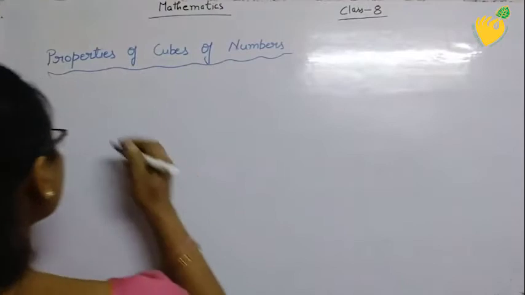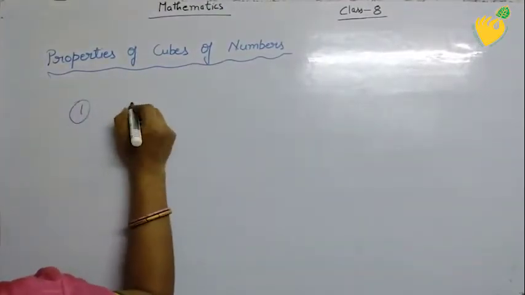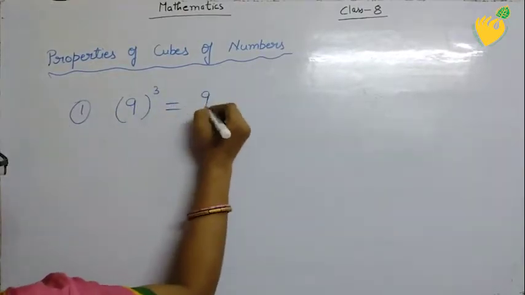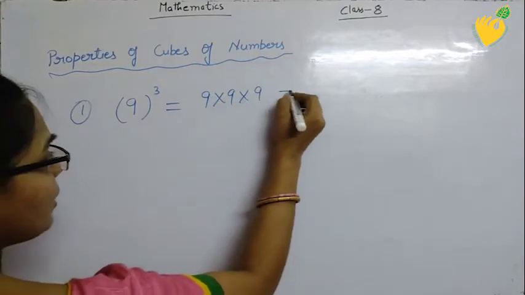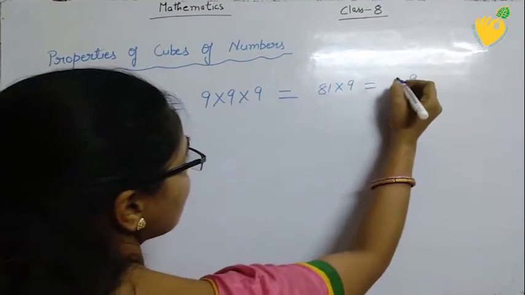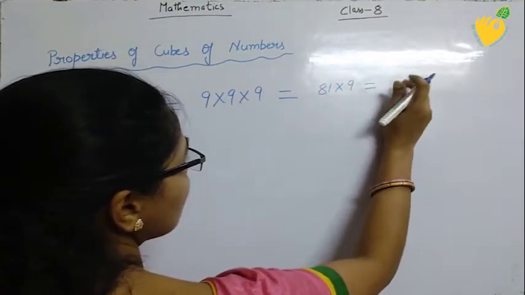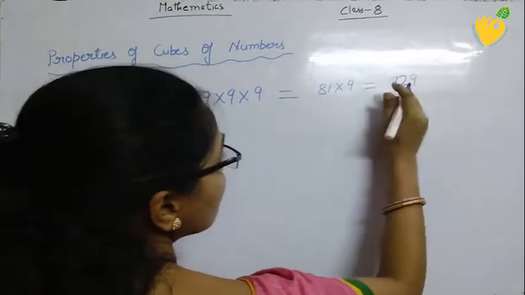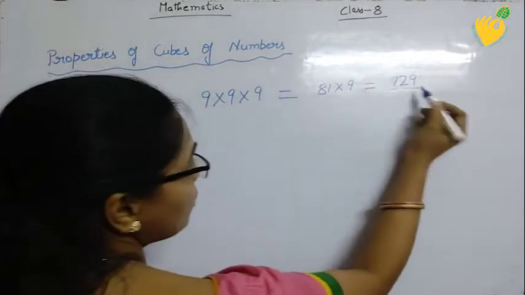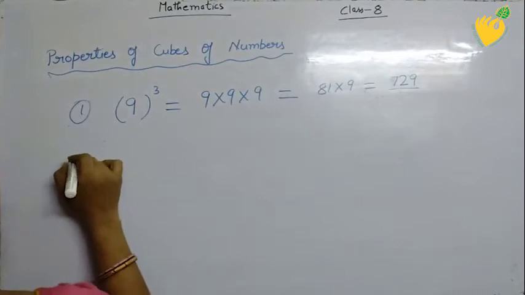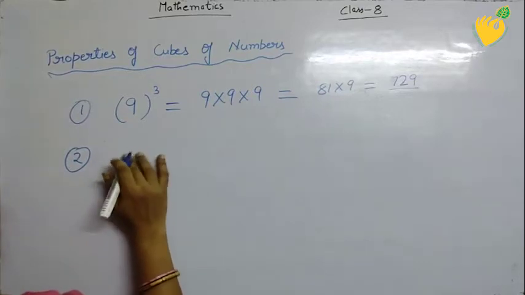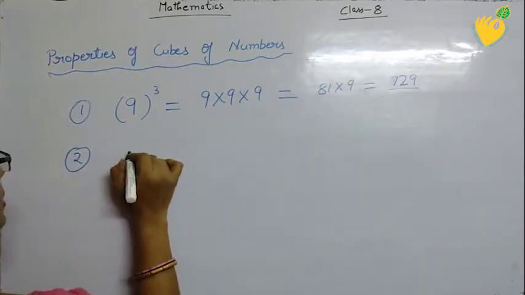Let's see how. Suppose we take any odd number, and if you find the cube of that number, we will multiply it 3 times. So 9 into 9 into 9 gives 81 into 9, which equals 729. So we can see that the cube of any odd number is also odd. 729 is also odd. And the next property is that the cube of any even natural number is also